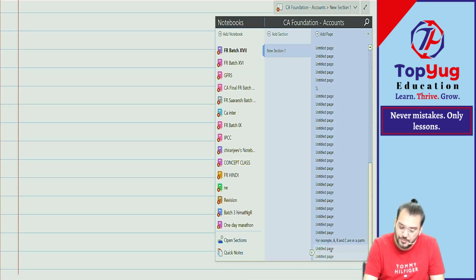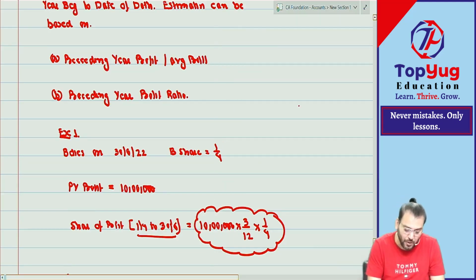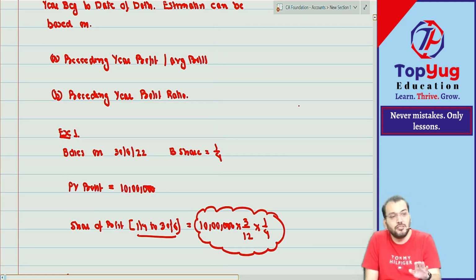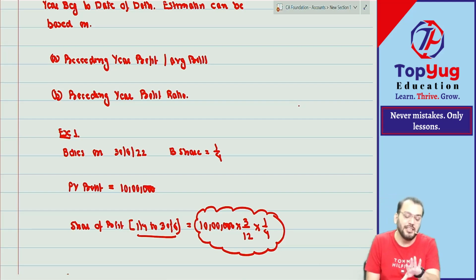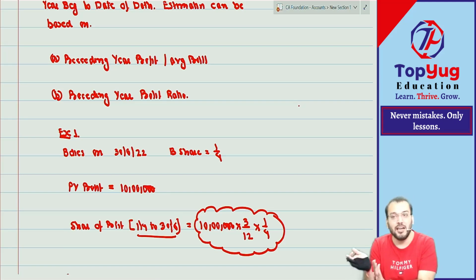Correct now? Means the last point was that only of last class. This was the last point. Correct? And once the amount has been estimated, it will pass one journal entry: PL suspense account debit to this partner's capital account. So this PL suspense account, if you are preparing balance sheet up to the date of